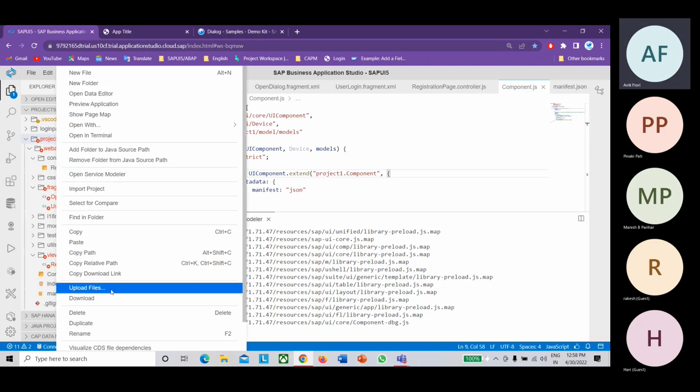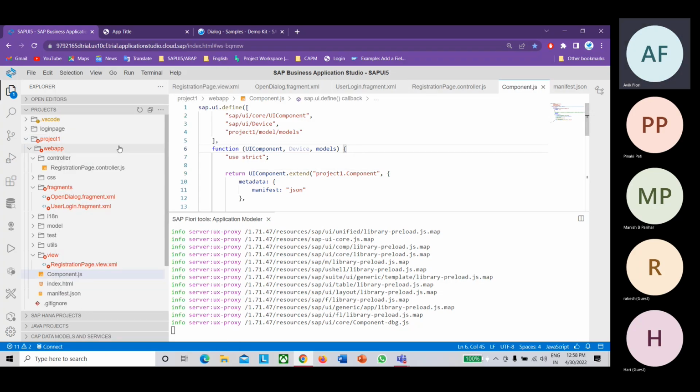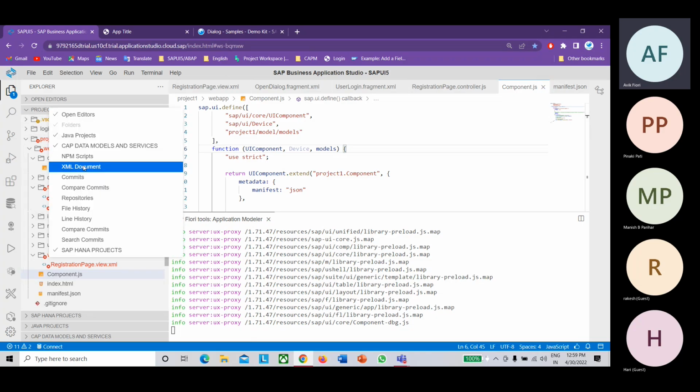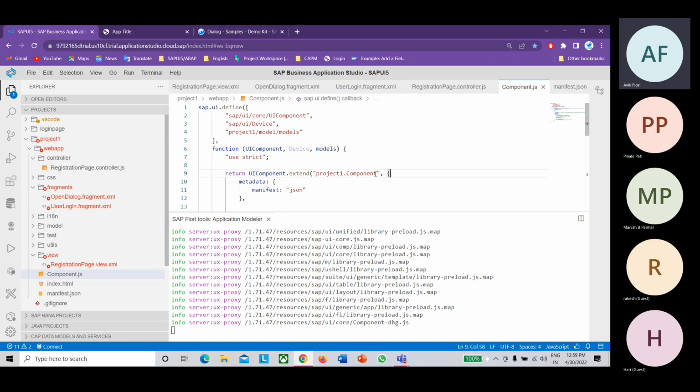Or there is an option to upload files directly. You right click on your workspace, and if you already have the workspace, you directly click on it and add upload files.